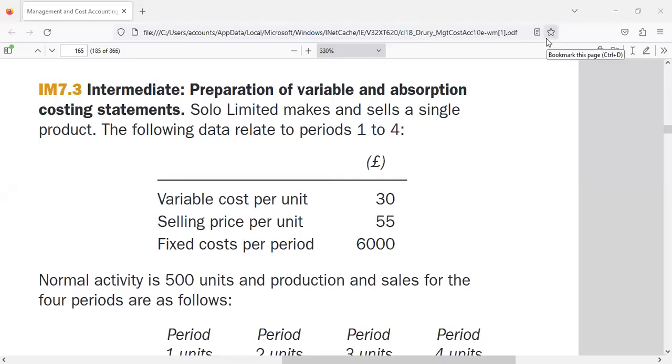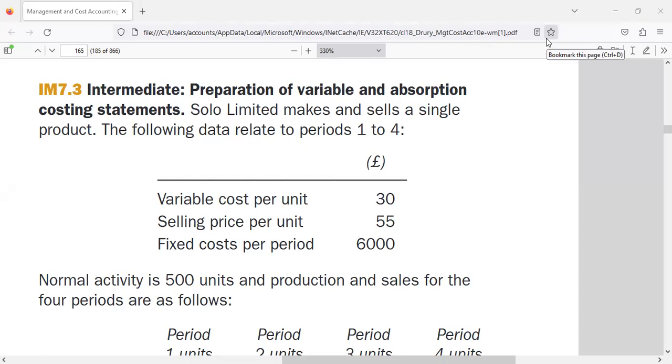Hi there, I welcome you to my video about variable costing and absorption costing. We need to distinguish between variable costing and absorption costing, and then how do we prepare costing statements using these